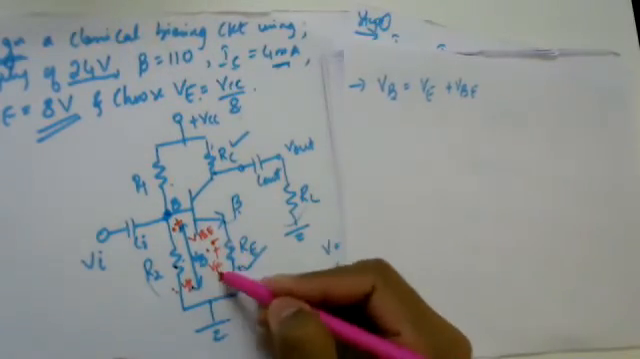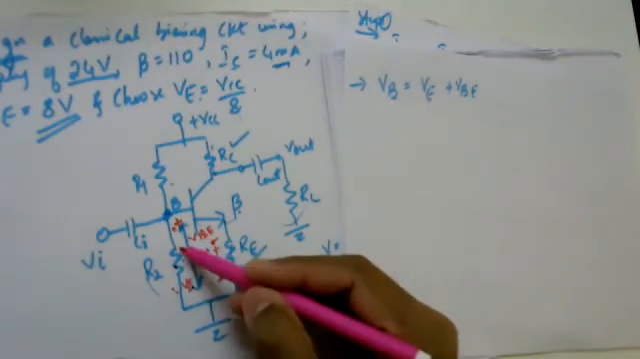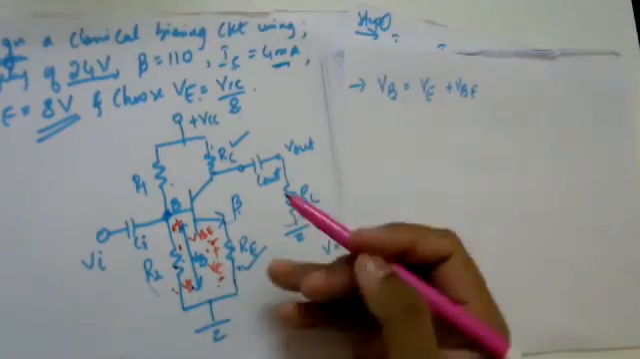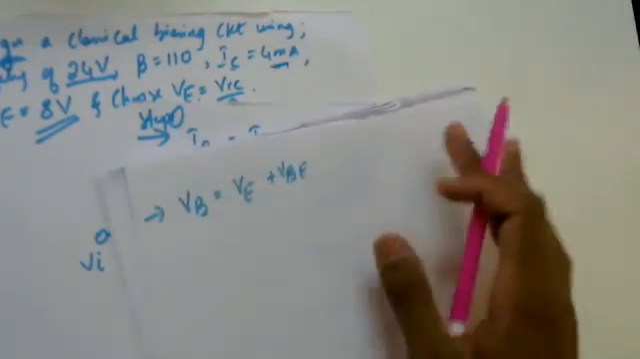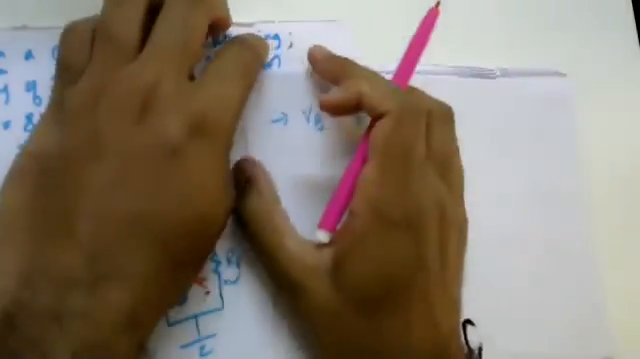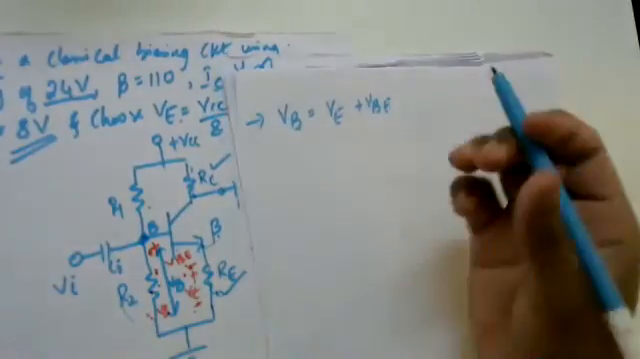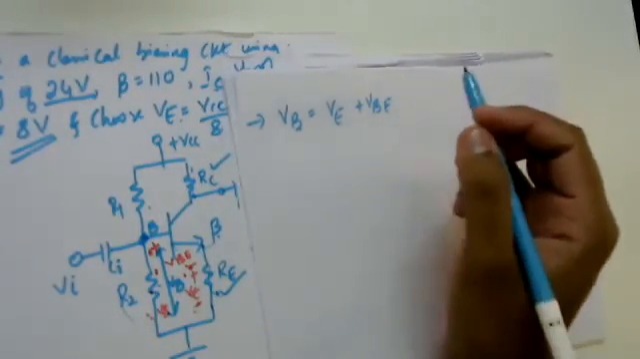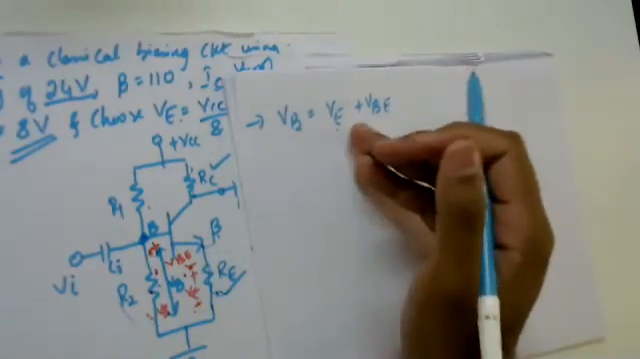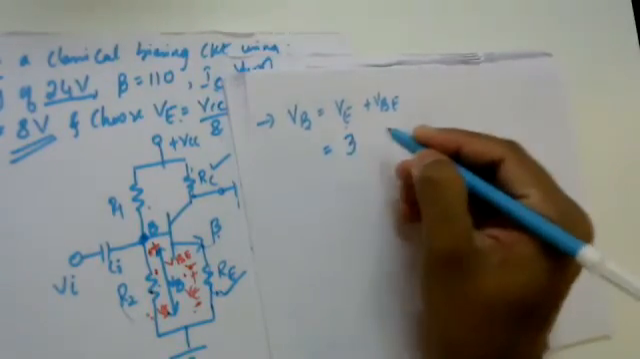Or if you want to apply KVL also, you get the same thing. So VB is equal to VBE plus VE. Even if you apply KVL, you'll get the same. But instead of applying KVL, you can just understand it by the logic of the circuit, right? Yes or no? So I can write this as VB is equal to VE plus VBE. Okay. So what is my VE? Emitter voltage. Emitter voltage here said that it has to be 1/8 of VCC. So we are able to compute the value of VE as 3 volts, plus